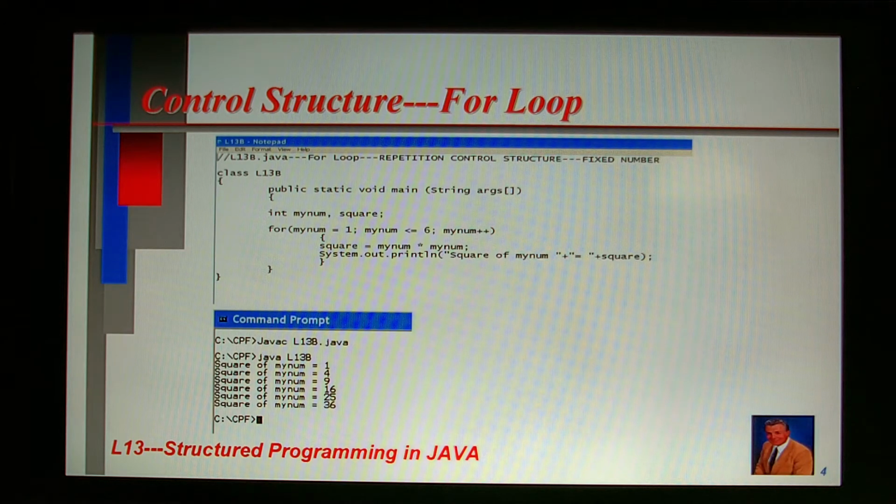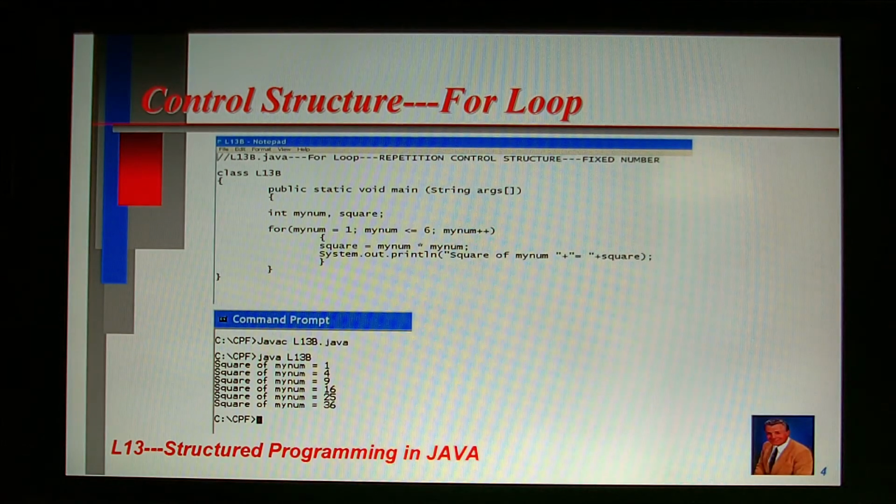Now let's look at the repetitive computer program instruction part, namely left brace, square equal mynum asterisk mynum semicolon, system.out.println, left paren, double quote, square of mynum, double quote, plus double quote, equal, double quote, plus square, right paren, semicolon, right brace. The first computer program instruction, square equal mynum asterisk mynum semicolon, assigns the square of mynum to the data variable square. The second computer program instruction,